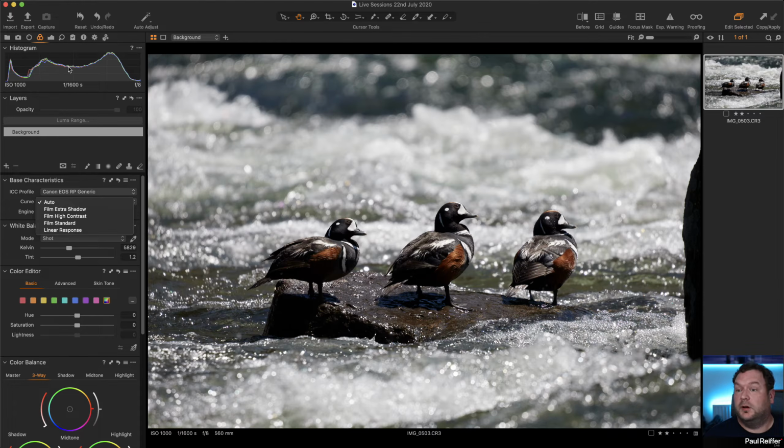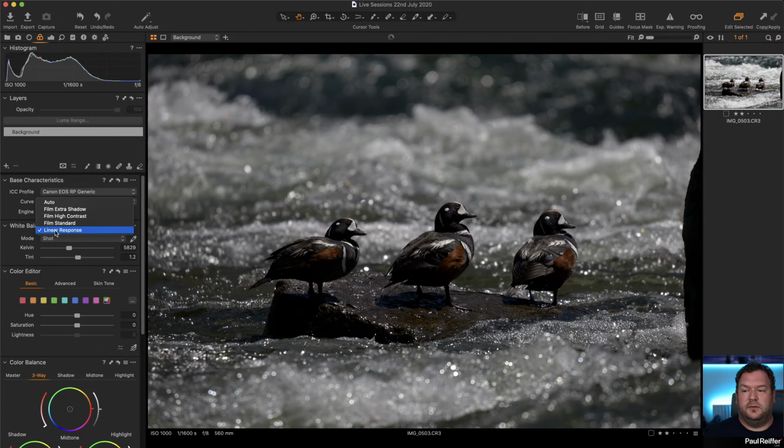And that's what the auto curve will do. But in this case, if you look out here, this is all quite overexposed, and not necessarily overexposed, but we're losing detail in some of this stuff. It seems overly bright. So if ever you're in that situation, or you've got, for instance, a sky, and we'll have a look at one later, if I switch this curve, and it's on this base characteristics profile, which is under here, which is your color tab, change that curve to say linear response, and you see the difference in all of the detail